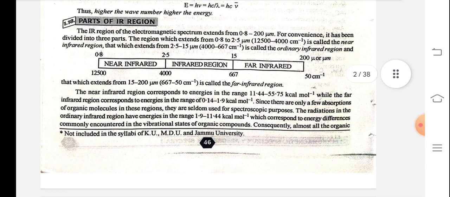The near infrared region corresponds to energy in the range 11.44 to 55.75 kilocalorie per mole, while the far infrared region corresponds to energy in the range of 0.14 to 1.9 kilocalorie per mole. Since there are only a few absorptions of organic molecules in these regions, they are seldom used for spectroscopic purposes. The radiation in the ordinary infrared region has energy in the range 1.9 to 11.44 kilocalorie per mole,